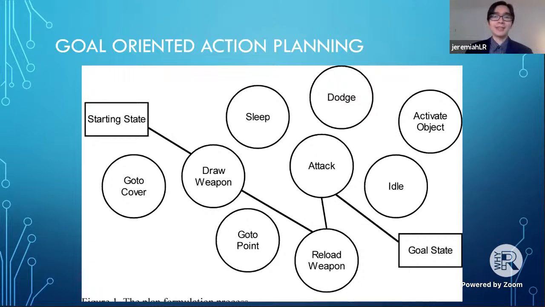So this is obviously a game example. Okay, so the agent draws weapon, reloads weapon, attacks, and kills the enemy. So you don't have to program the path or the transitions in advance. The algorithm will do it for you.